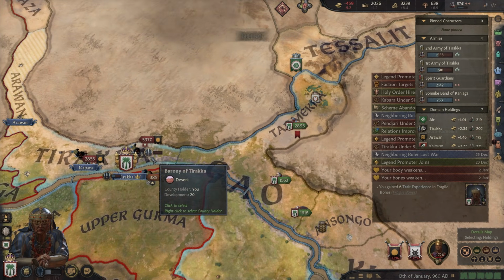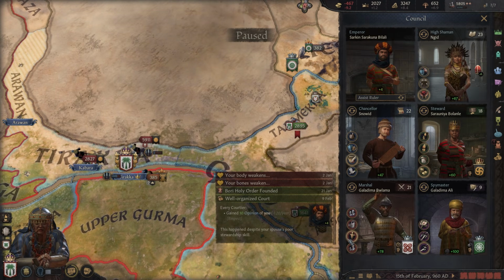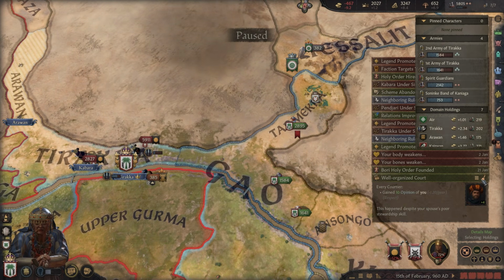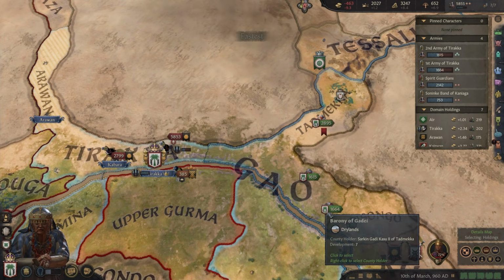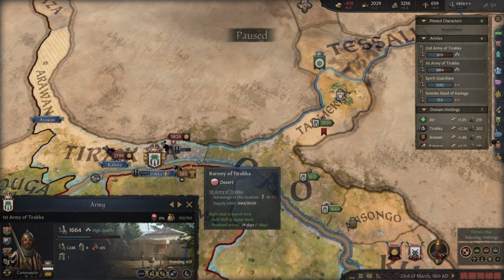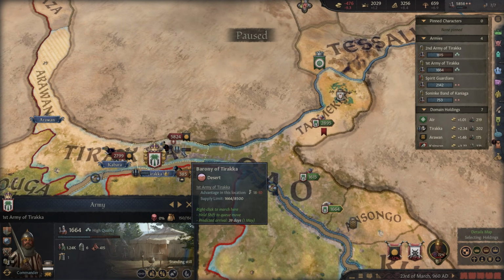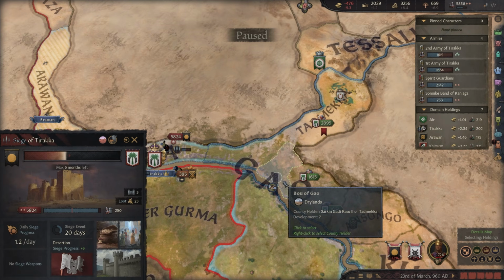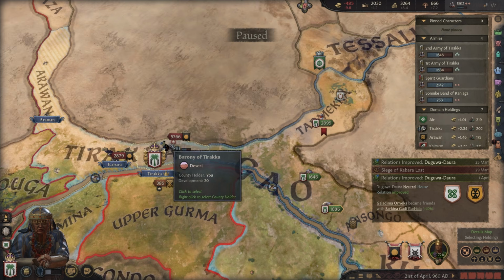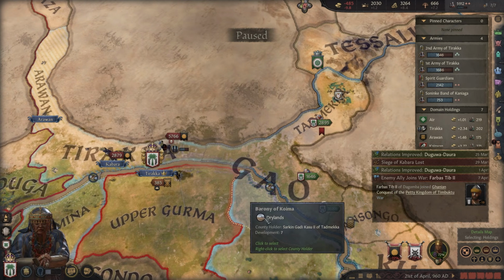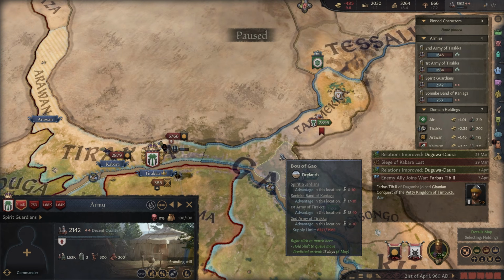Yeah, we're just going to reinforce a little bit here. Yeah, stay on what you're on. I was going to switch them to reinforce my army quicker, but let's just do this. Every moment that we can wait, the better. How far away is this? It is 39 days. Okay. 6 months left. Let's wait another bit. 5 months left. I'm going to merge. I'm going to merge here.